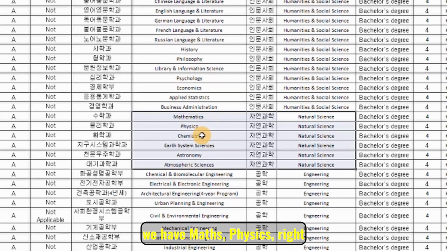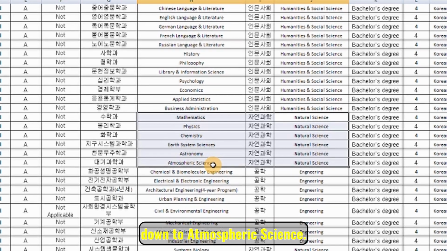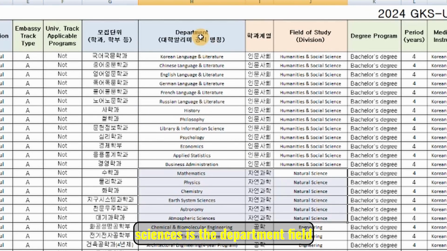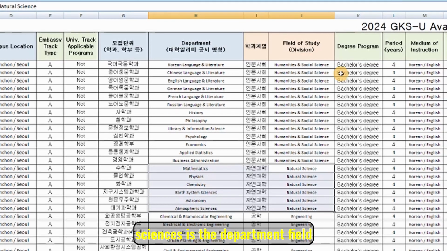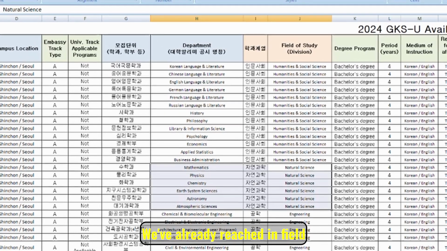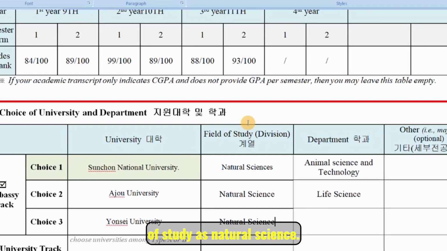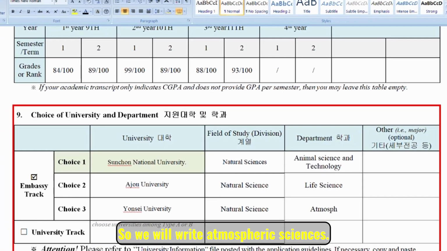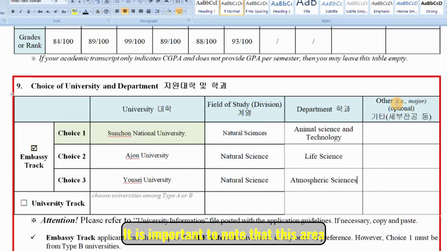You have maths, physics, right down to atmospheric science. So let's say we want to study atmospheric sciences. We will go and write atmospheric sciences as the department. Field of study is natural science. We've already written field of study as natural science, so we will write atmospheric sciences. Okay, it is important to note that this area where they say order, major, optional,